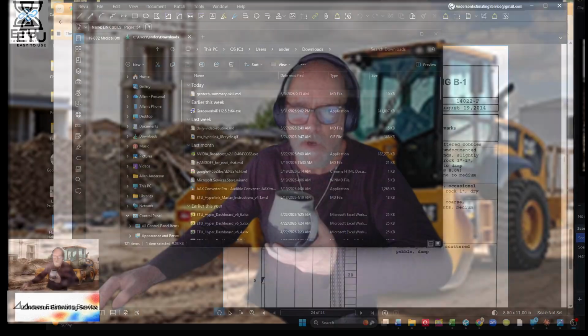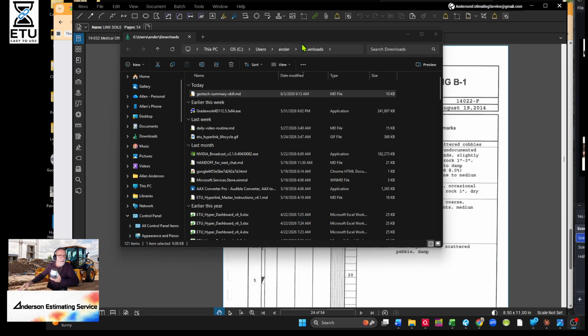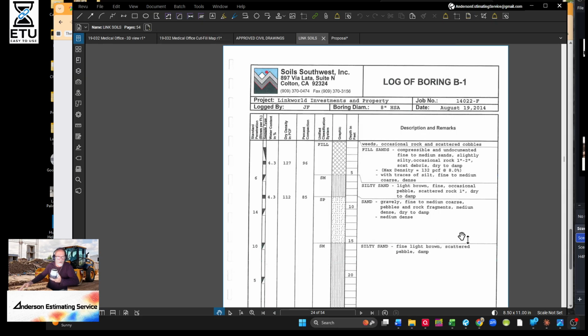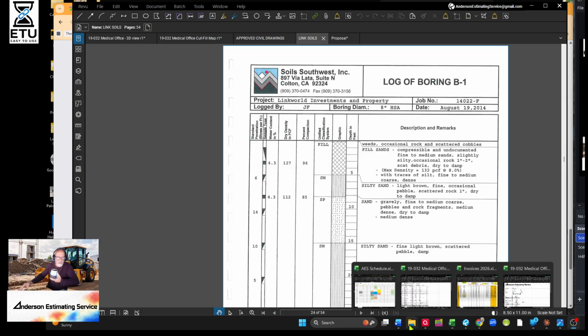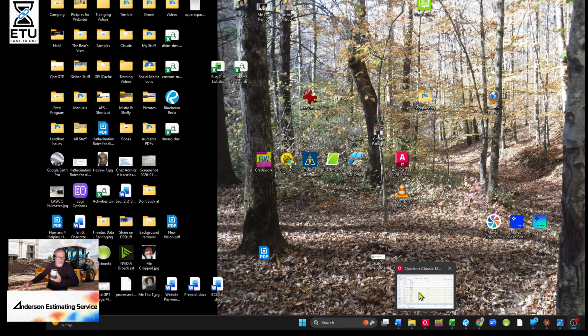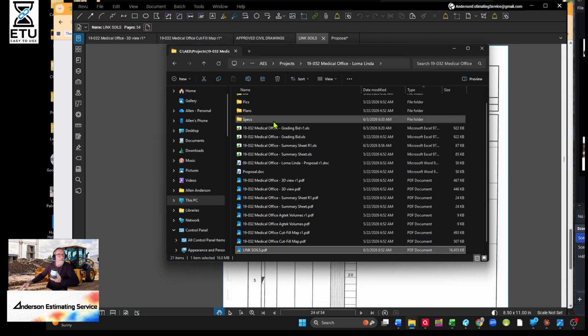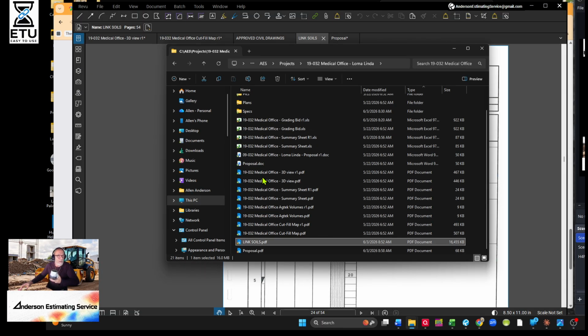And, oh, this one had actual pictures of the site. Let's go back. Let's get you on the screen so you can see what we're doing. If you can download this soils review, you'll see what it does. Let's see, where is this job? There it is. Okay, so if you look at, one